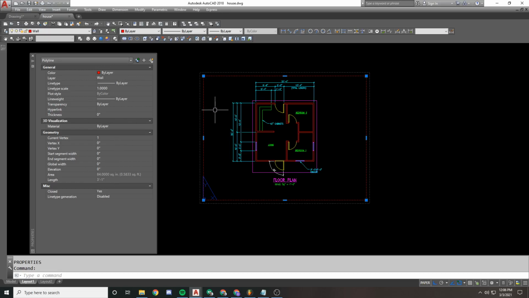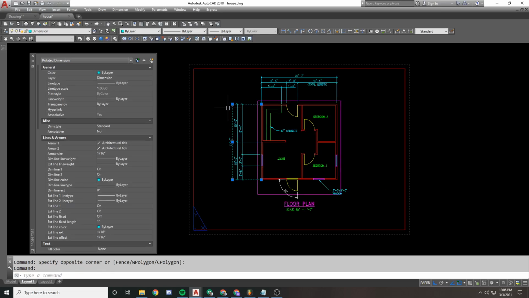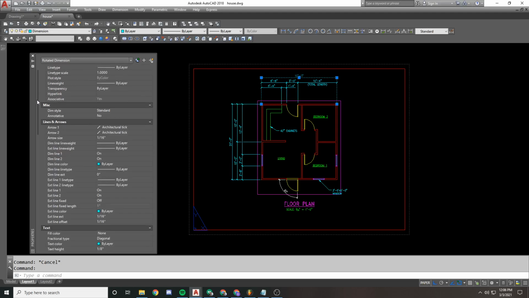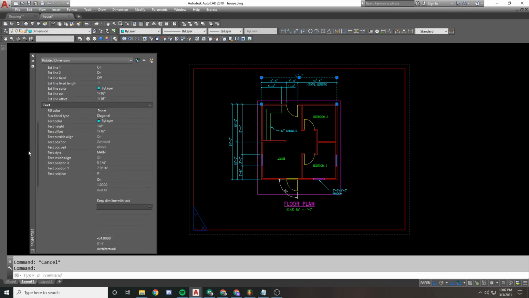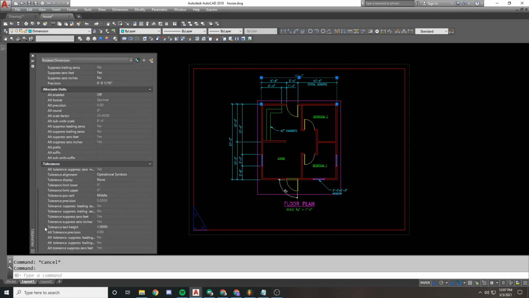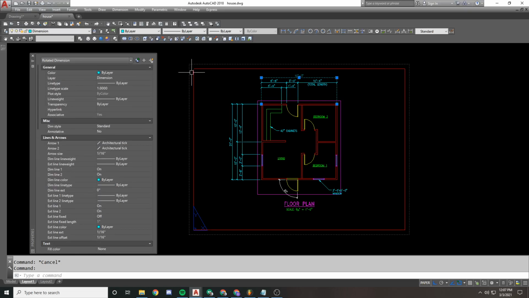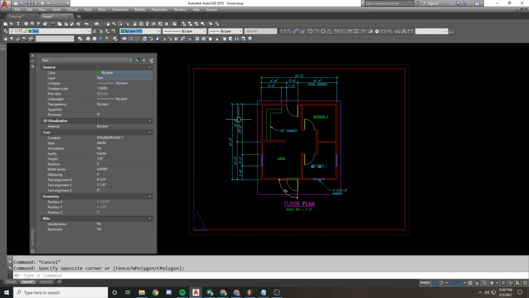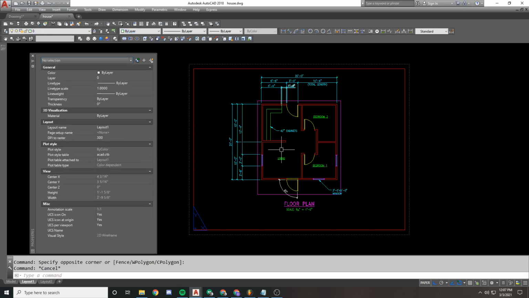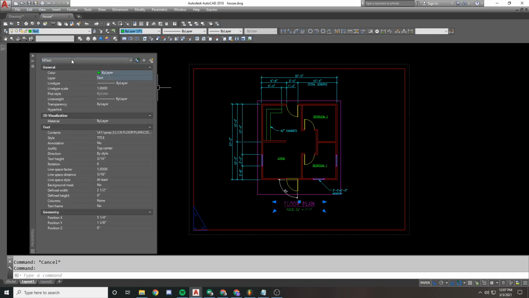Right now I have a polyline selected, and so it's showing me information about this polyline. If I select a dimension, it's going to show me a dimension, which it calls a rotated dimension. And I see all the information here related to the dimension, and dimensions happen to have a lot of information. A lot of the stuff you would normally specify in the dimension style shows up here, which is why this is so long, because there's a lot of things you can do to tweak how a dimension looks. My text shows up as text. If you have mtext, which is multi-line text, it shows up as an mtext object,